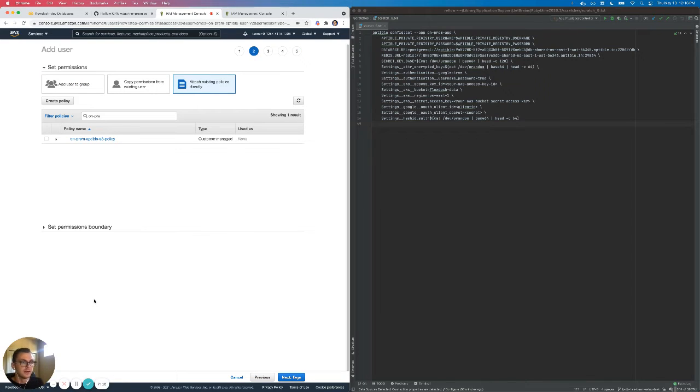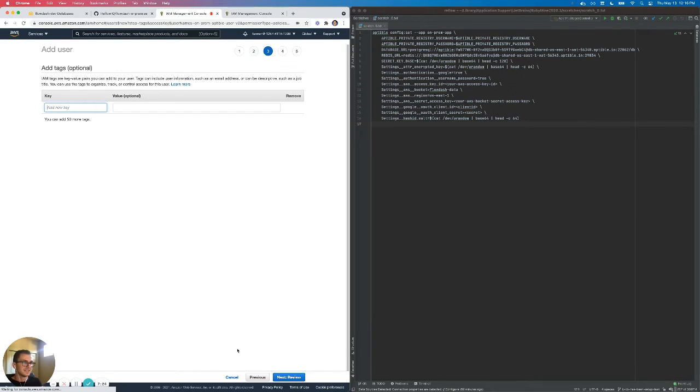So you may have seen I got an error in the last user creation. It's because I was referencing a stale policy that I had deleted previously. So here's actually the new policy. Let's continue